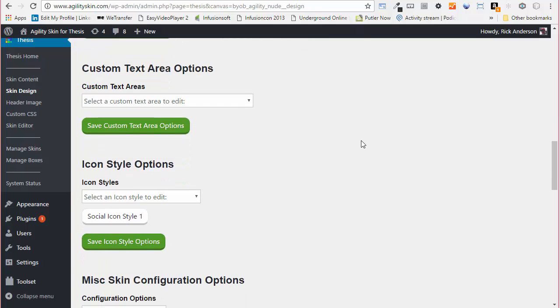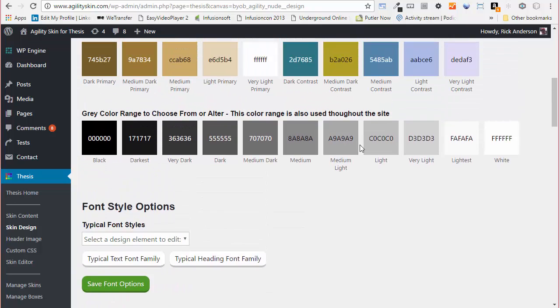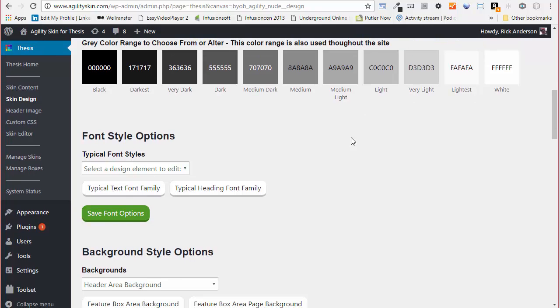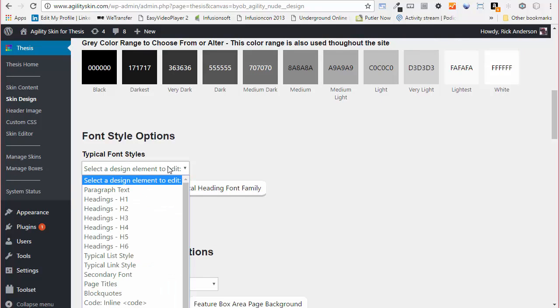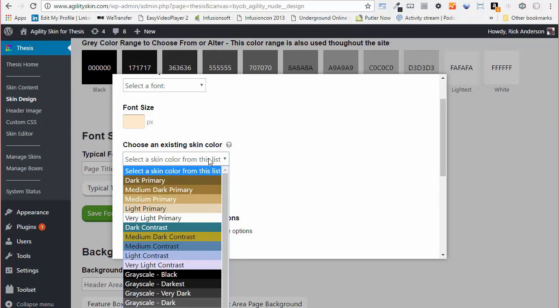The place you change the page headings. Now you're thinking about them as H1s and H2s, but the H1 or the H2 is not as important as knowing that it is a page heading. And so if you come down here to page titles, I'm sorry, it's a page title. If you come down here to page titles, you can choose the skin color